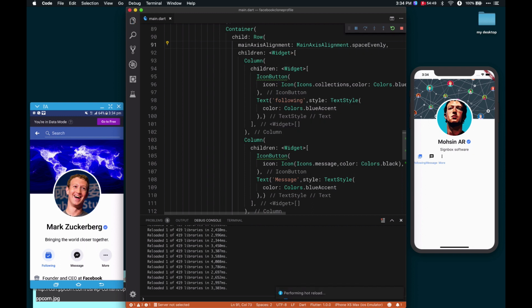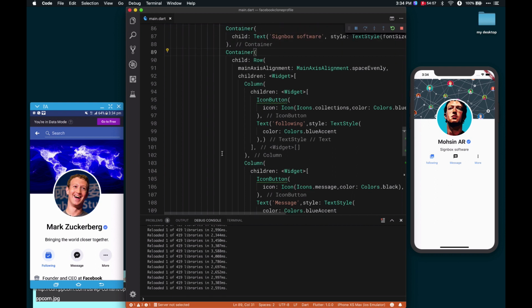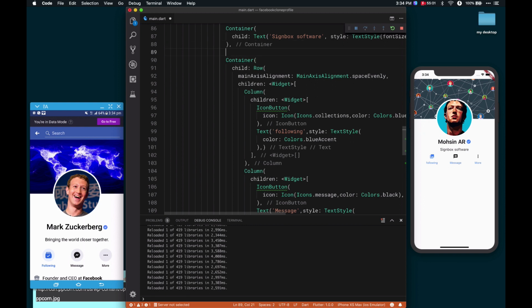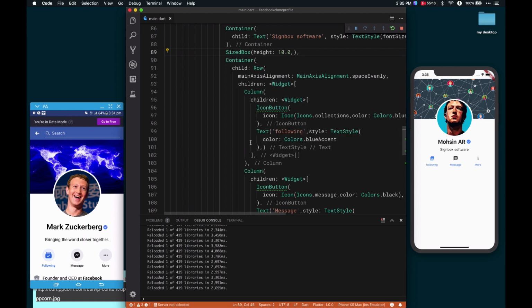Okay, so here we got it. And for this I need some space from this one, so I will place a SizedBox. Okay, and the height for this one is 10.0, and save it. Okay,